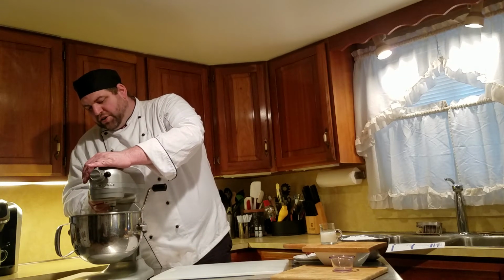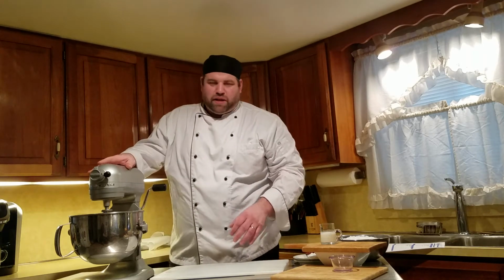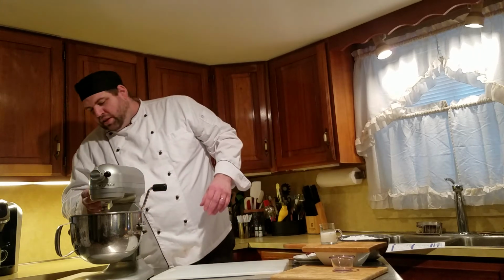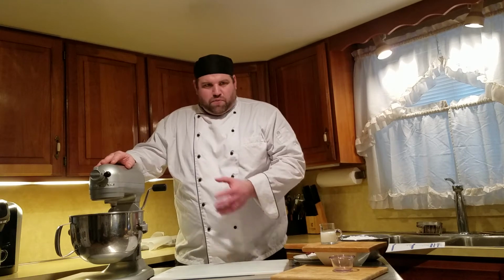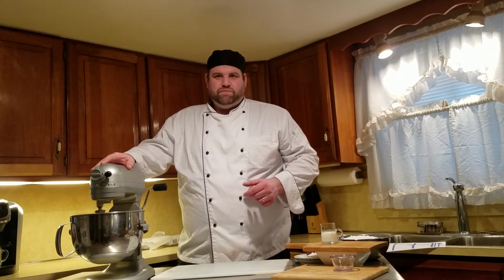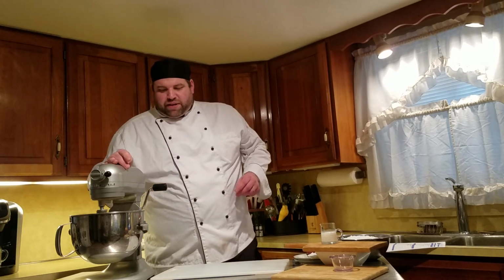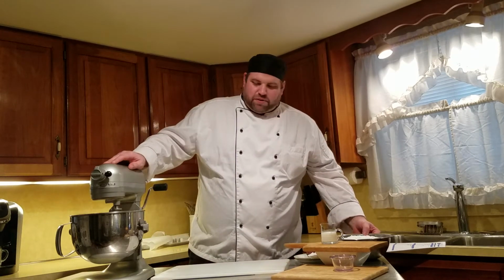The first part is just to get all of your fats combined. The Crisco and the butter, like most of my recipes, work together. And we want to mix this up. The recipe tells you can go up to about 4. You want to get it creamed. You don't want to incorporate too much air, but you want to cream it. Once it starts to come together and fully cream through, then what you can do is start to add your